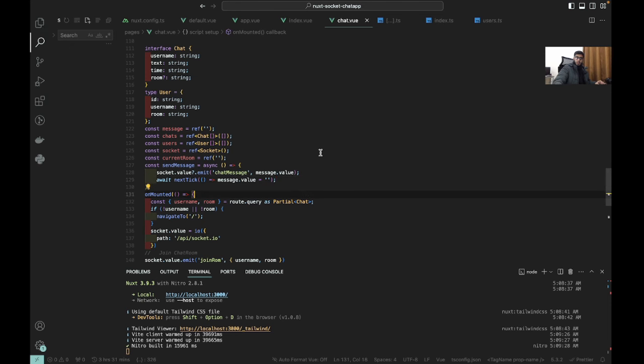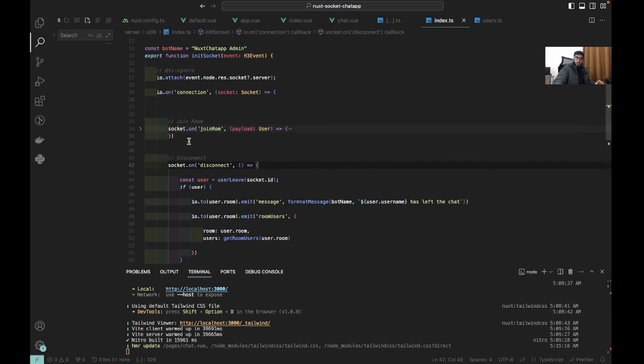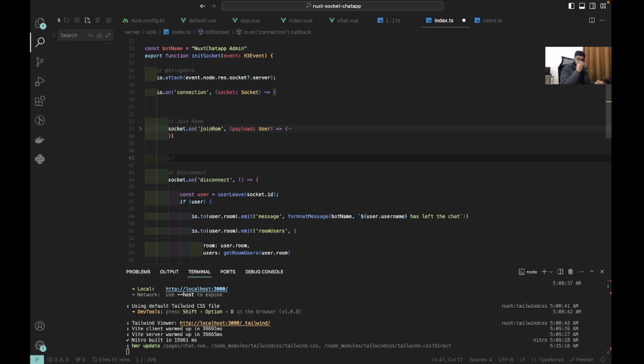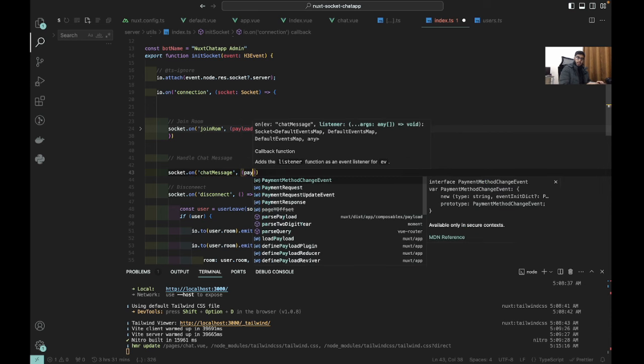And now in order to preview this whole thing, obviously we have to catch that here as well. So here after the joining room I should say handle chat message, socket dot on chat message. Obviously we will receive the payload, and payload is string,